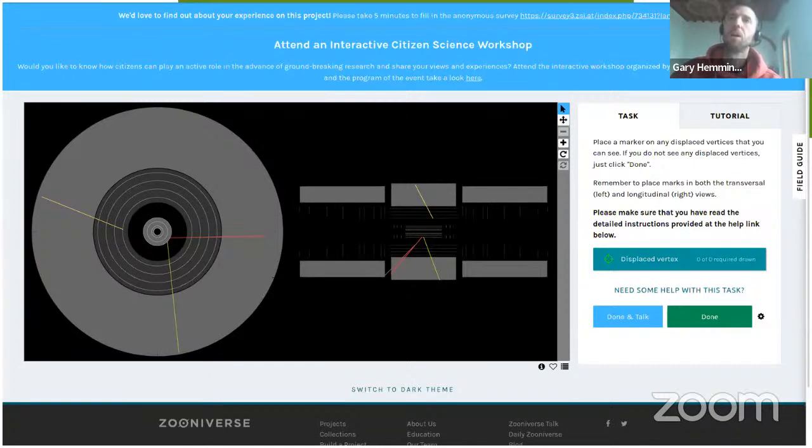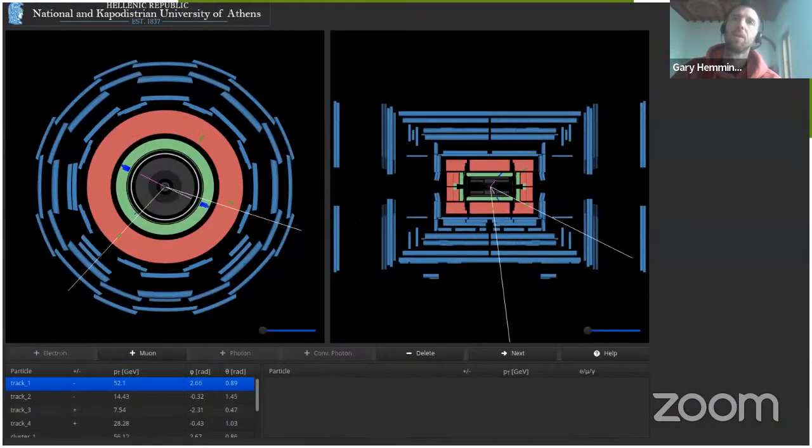And as they move through the project, they move into an aspect which is very innovative for a Zooniverse project, in that the more complex the actions become, they end up having to move out of Zooniverse and into an entirely bespoke application set up by the IAZA team in Athens to allow them to undertake some really quite complex calculations and a series of tasks which are not straightforward, and they've developed around this project a very keen core group of volunteers who have become very well informed and have become very close to the research team themselves.